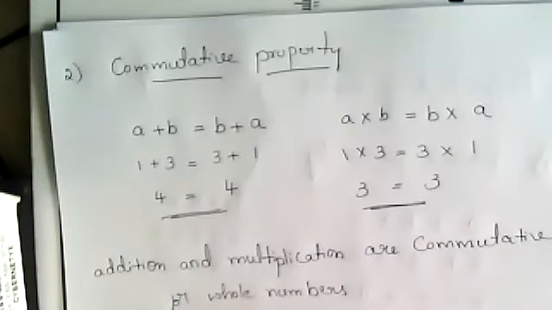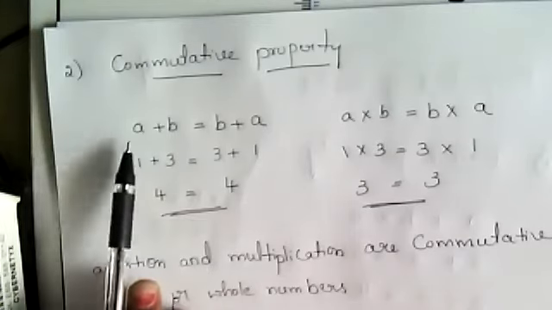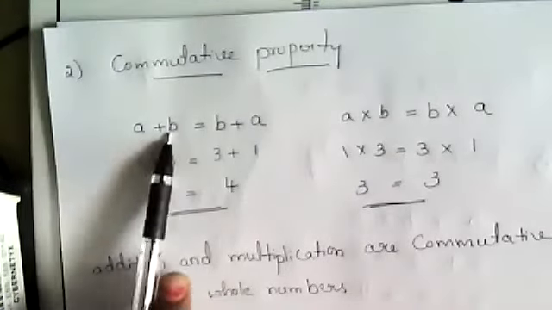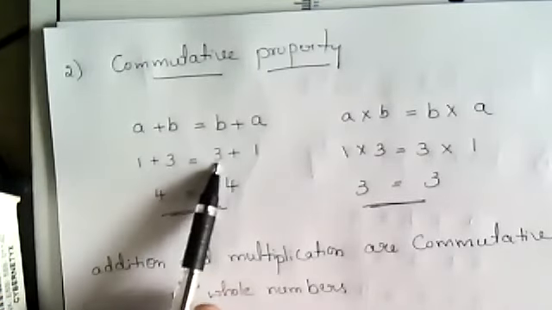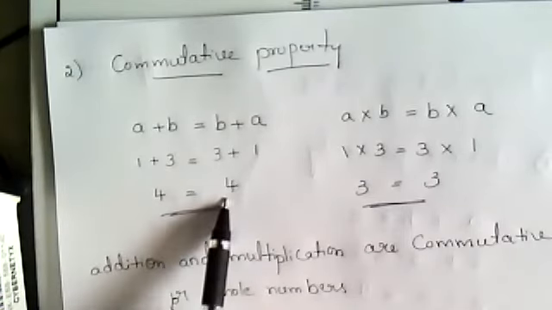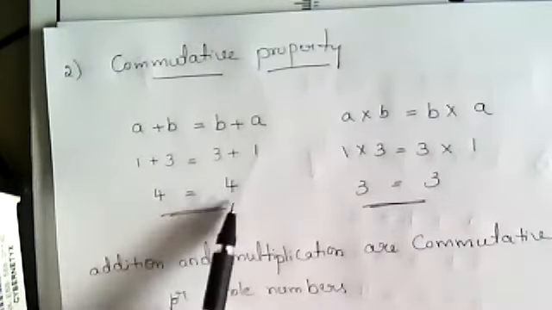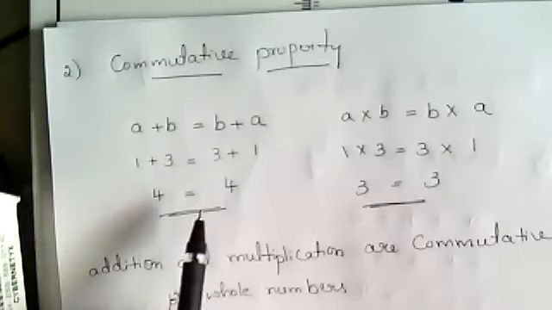What is the commutative property? A plus B equals B plus A. This is a general form. When we add two whole numbers in different order, the result is also a whole number. For example, A I have taken 1 and B I have taken 3. You can choose your own numbers. It's not an issue. You will get the correct answer. So in the place of B it's a 3. In the place of A it's a 1. So 3 plus 1 is 4, 3 plus 1 is 4. So both are equal. LHS equals RHS. Left hand side is equal to right hand side. Okay, Akfa?